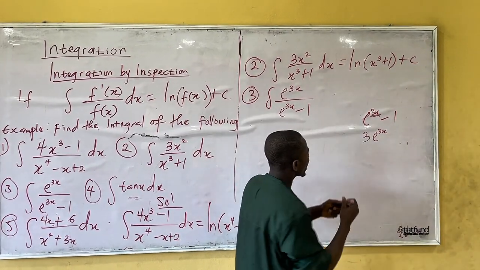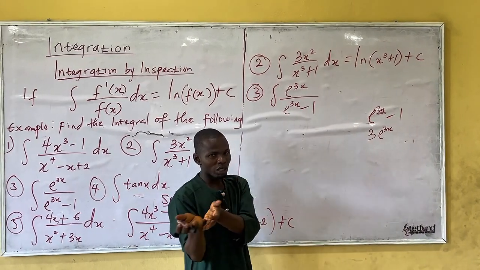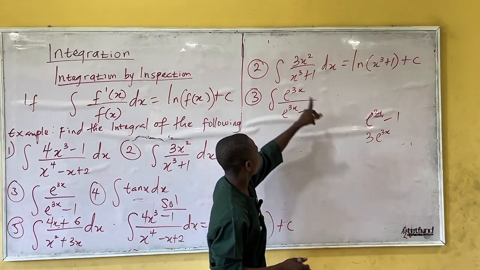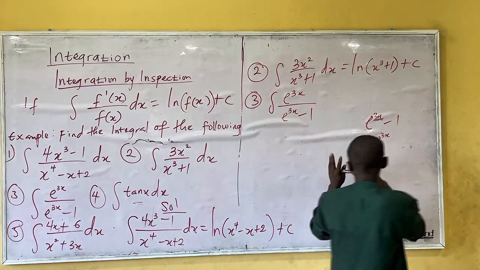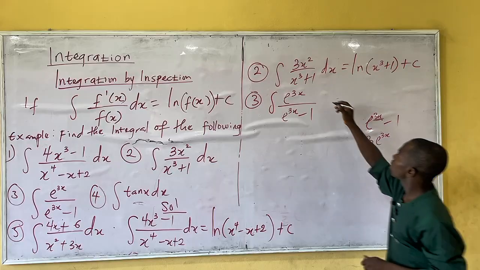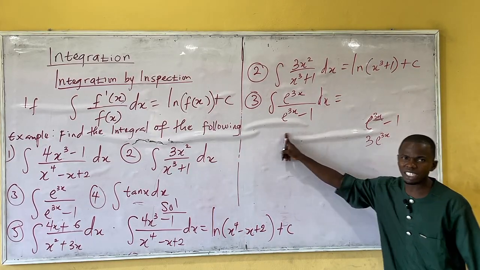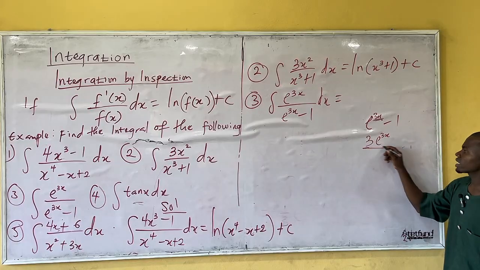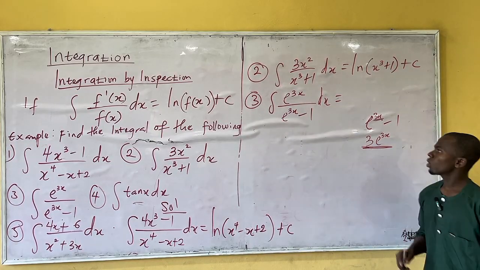Now, let's look at this and this. They are not similar, but they are somehow similar. It means thrice of numerator. Thrice of numerator. Now, there is a logic here, and you have to be careful. Since the differential of the denominator gives thrice of the numerator, because this is thrice of numerator, then there's